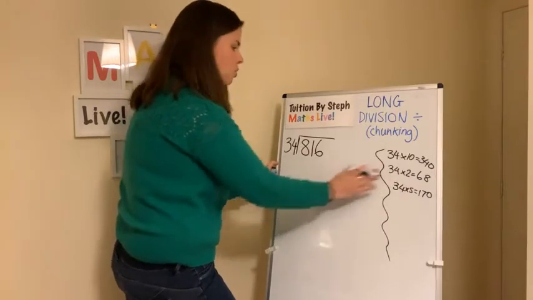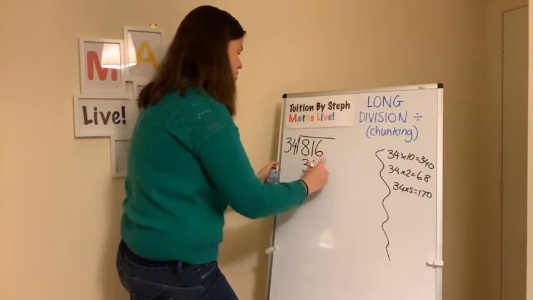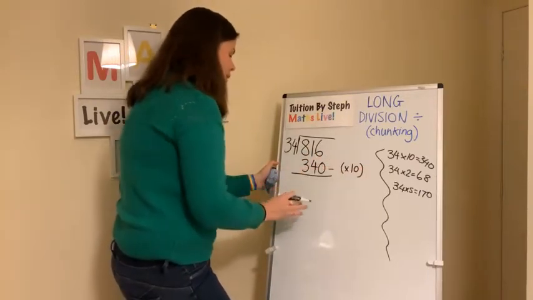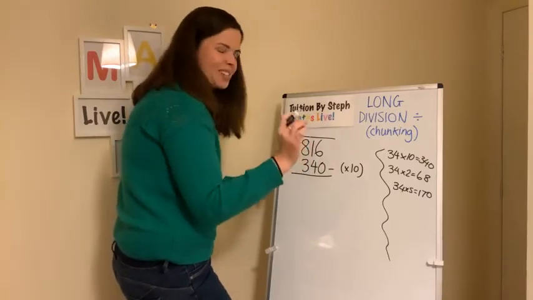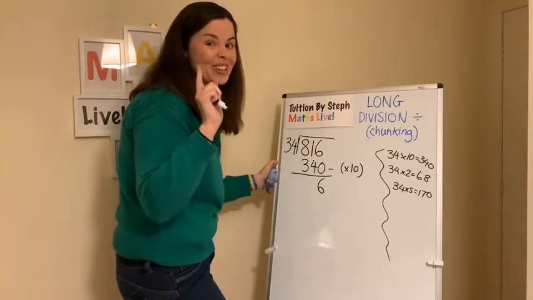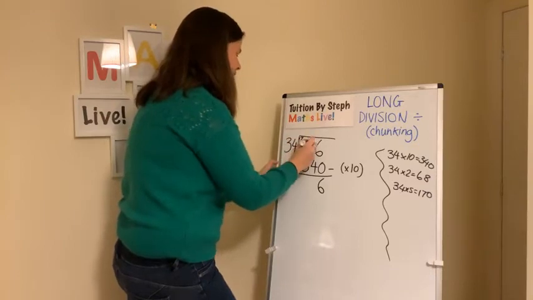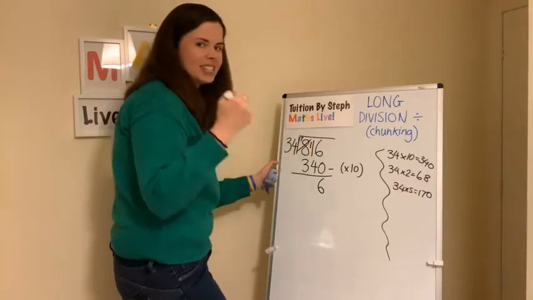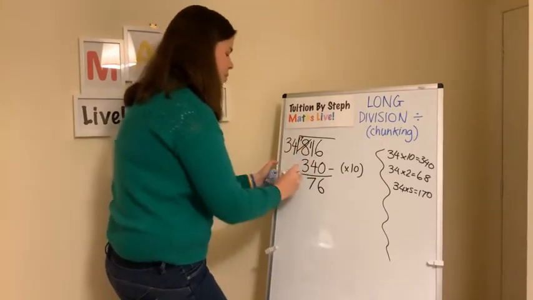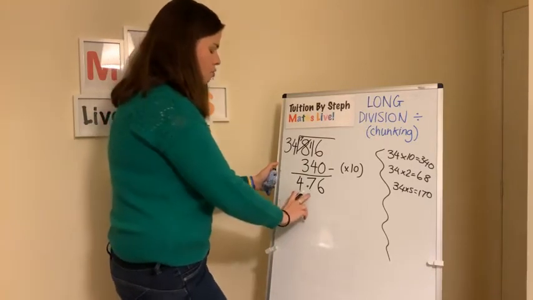Right, so I'm going to subtract some groups to make this quicker for me. 340. And I'm going to do this right this time. That's 10 lots. 6 take away 0 is 6. Now, 1 take away 4 you can't do. So I'm going to go next door, make that 7, and make that 11. 11, 10, 9, 8, 7. And 7 take away 3 is 4. Whew. Right, I've got 476.